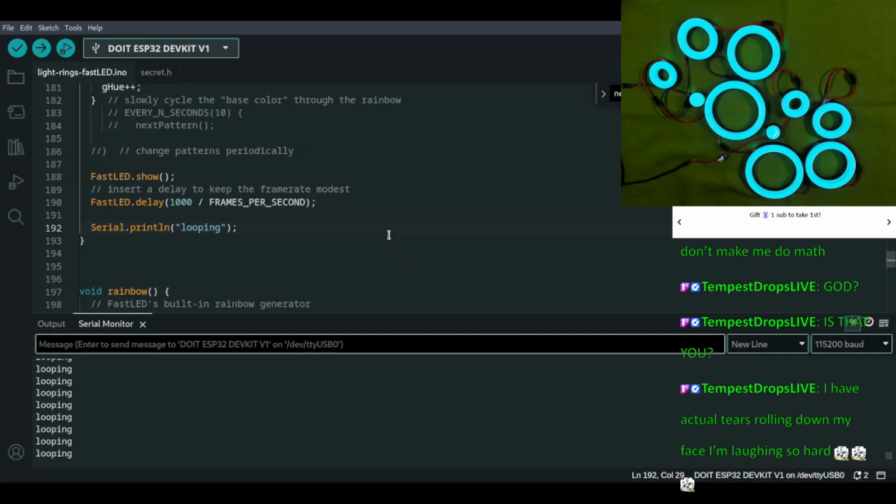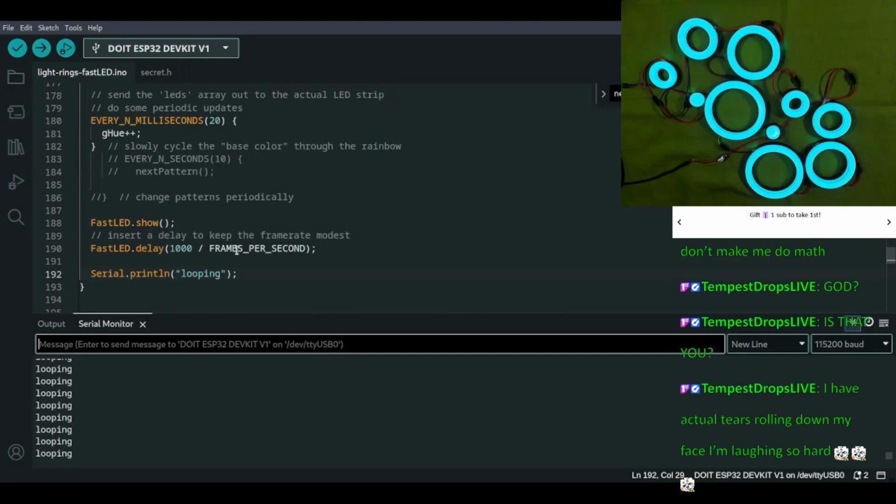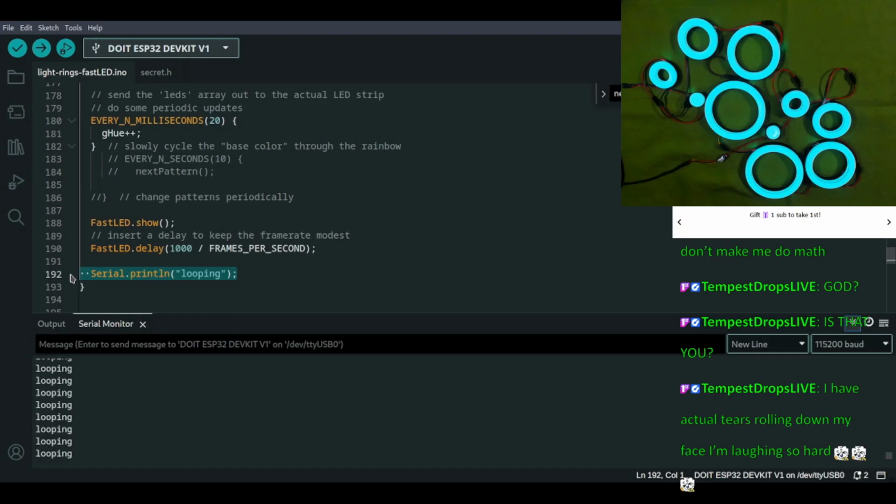Okay, so we can get rid of that. So it's not getting stuck. My concern was that it was getting stuck in the listening for client, but it's not doing that. So we don't need the print anymore. No, it's getting stuck right there wherever you just were. It's getting stuck there? No, it should be running a loop.